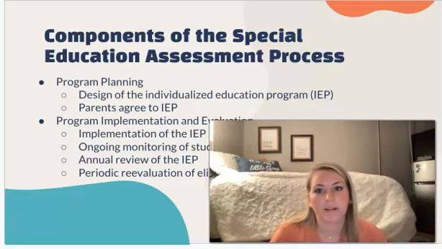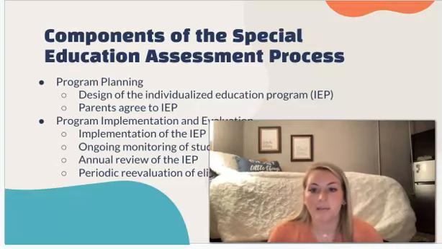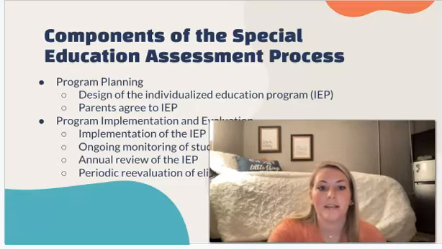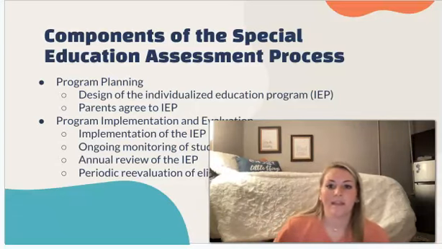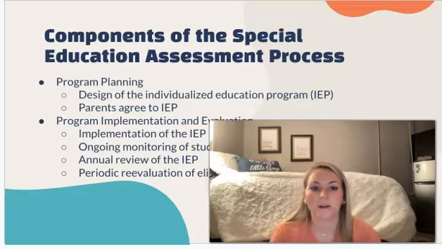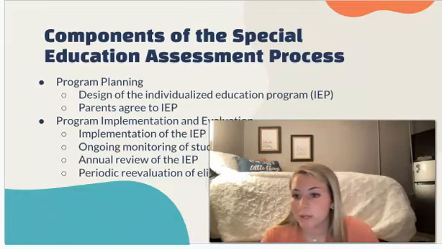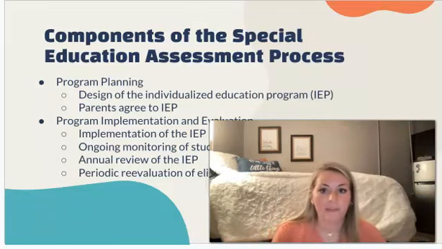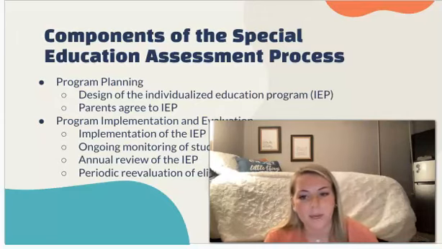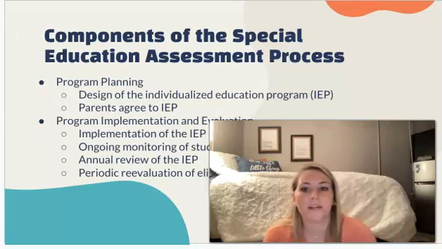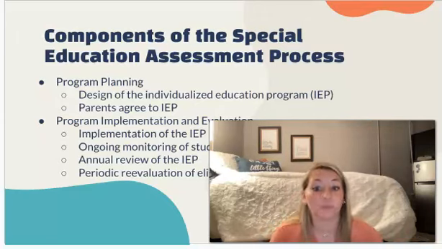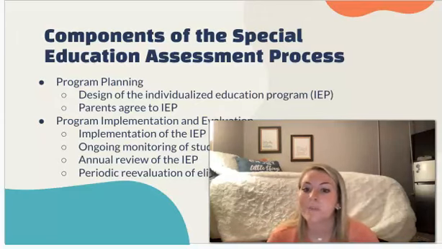So this is just where the IEP is taking place and they are implementing that in the child's schooling, and then ongoing monitoring of the student's progress. So they are constantly monitoring whether what they're doing is working and helping. Every year they have a review of the IEP. This is also in this process. So every year they review it, and then every 3 years they have to reevaluate the eligibility for the special